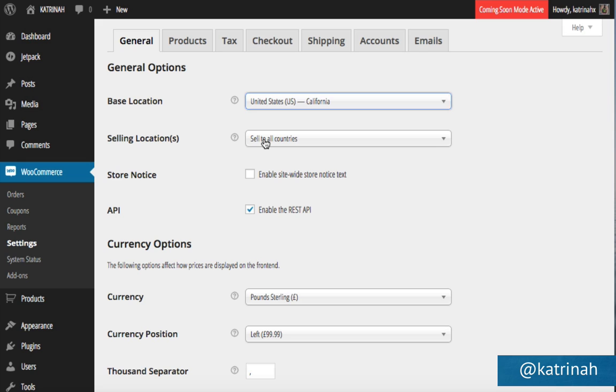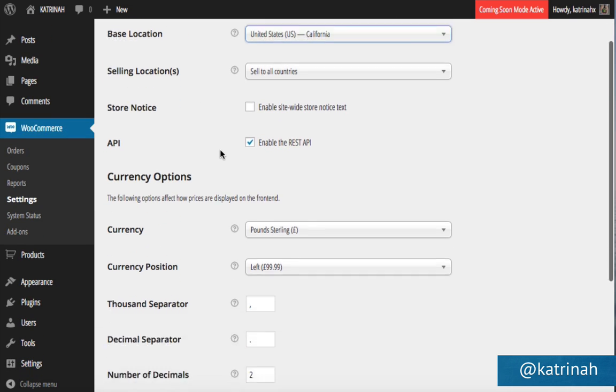I want to note that it's really cool with WooCommerce because if you have any questions about what each of these are about, you can simply click on the question mark here. When you hover over the question mark, you'll get a little tooltip and it will say exactly what it does. So for example, with base location, when I hover over the question mark, it says this is the base location for your business. Tax rates will be based on this country. So go ahead and click on these question marks to find out what each of these different items refer to.